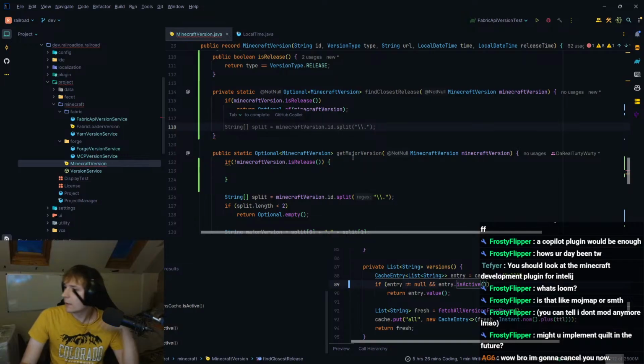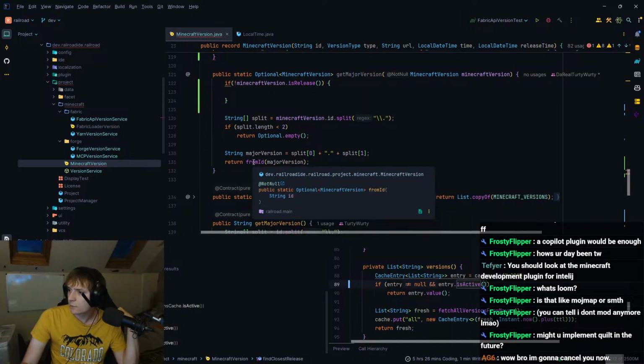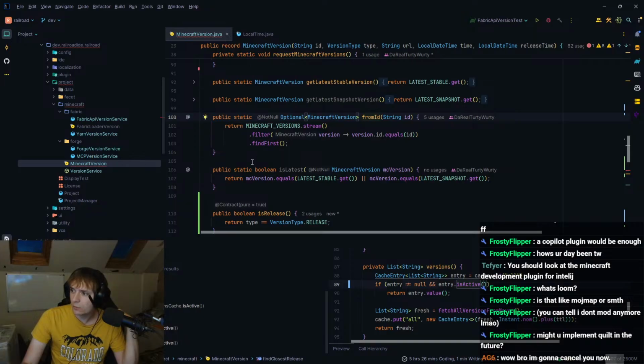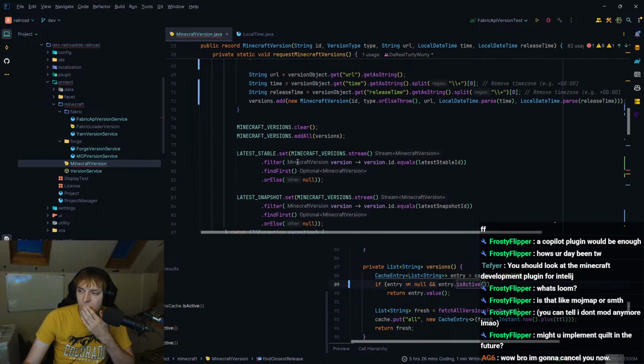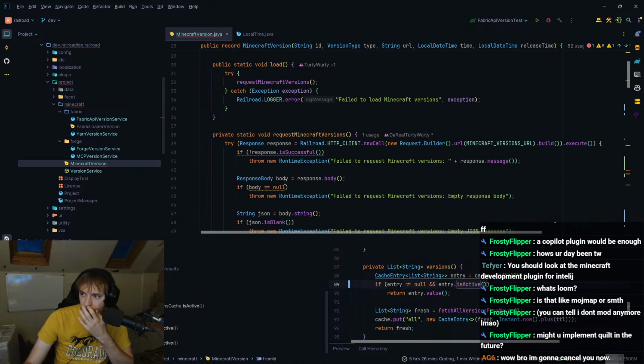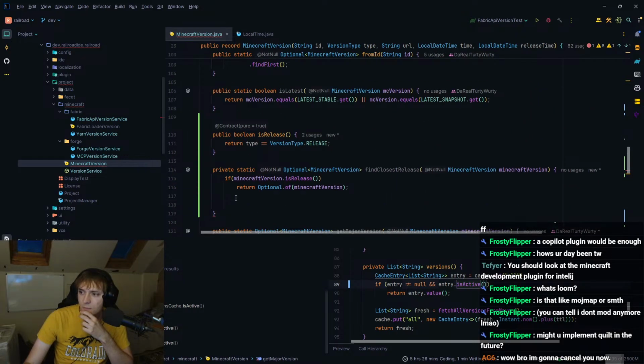So this gets the major version of a Minecraft version. And just as from ID. What does from ID do? I see. So if that doesn't exist, that just won't work. Or it'll be optional, I guess. Which is kind of fine, I guess.